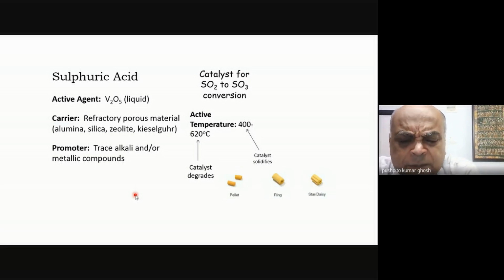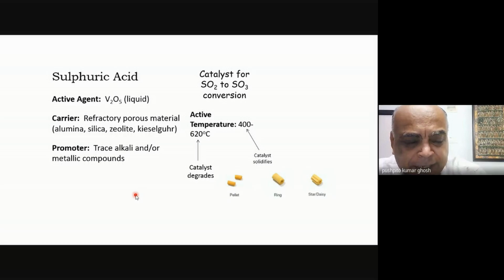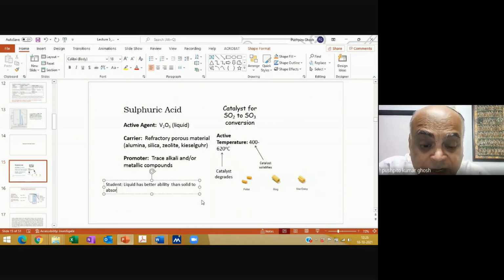By the way, let me ask you the question. What is the advantage of having vanadium pentoxide as a liquid compared to solid? Sir, as a liquid, it has the ability to absorb or adsorb the gases around it much better than when it is a solid. Brilliant. I will now use the term absorb